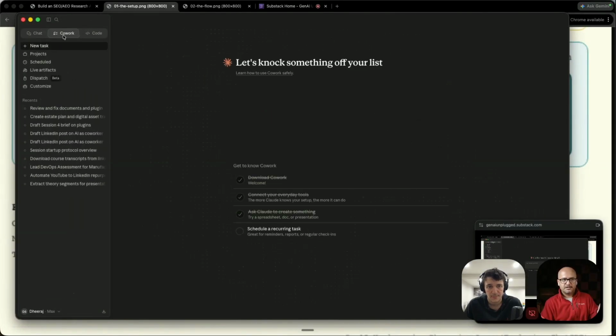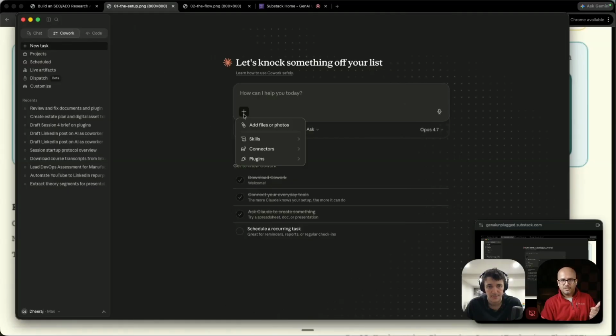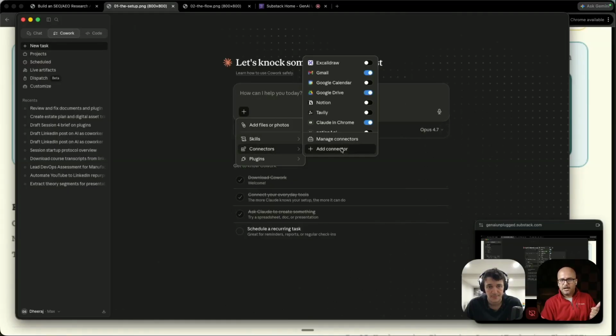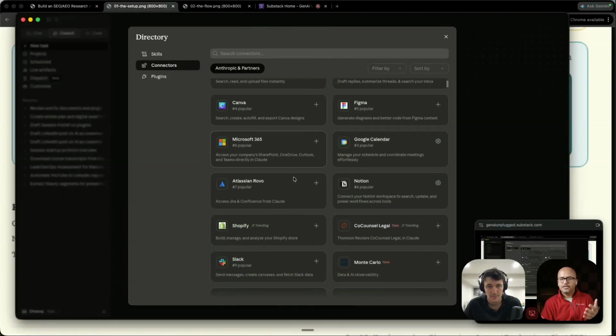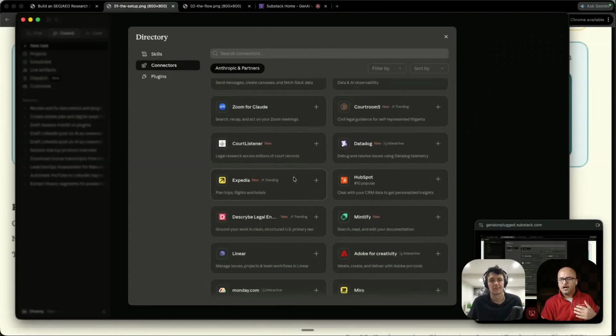This is regular chat, and this is Cowork. If I click on this, you see these connectors, and you click on add connector. What is happening behind the scenes is that all these connectors, or different services, are being exposed as MCP servers to our AI. So I can add any of these. It's more like adding an MCP server connection so that our AI can get to that particular system.